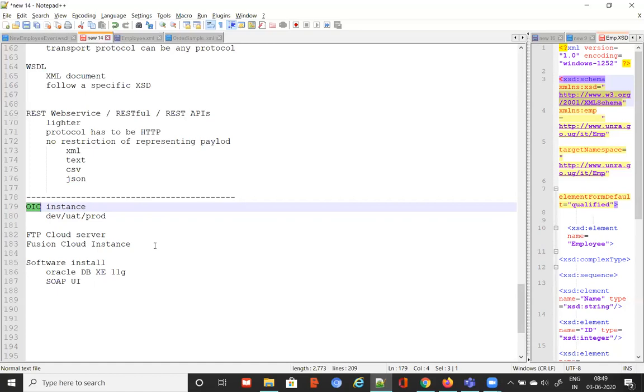But from a developer's point of view, you don't need to get into the internals of how this application is getting deployed and what server is being used internally. You don't even know whether a WebLogic server is there or what server is there. In the documentation I know it's a SOA server behind the scenes, but nobody talks about that. No documentation talks about that.